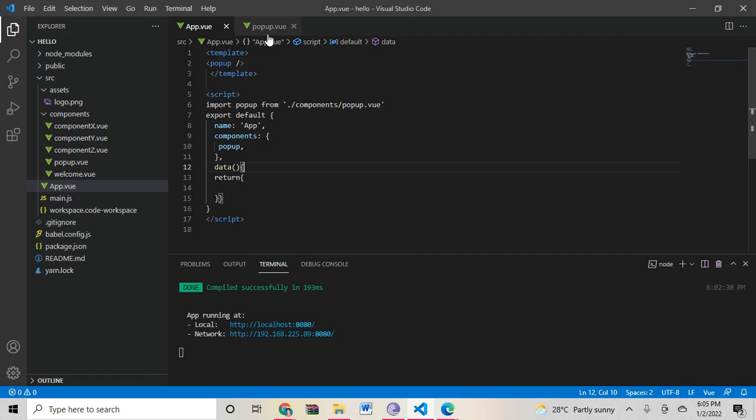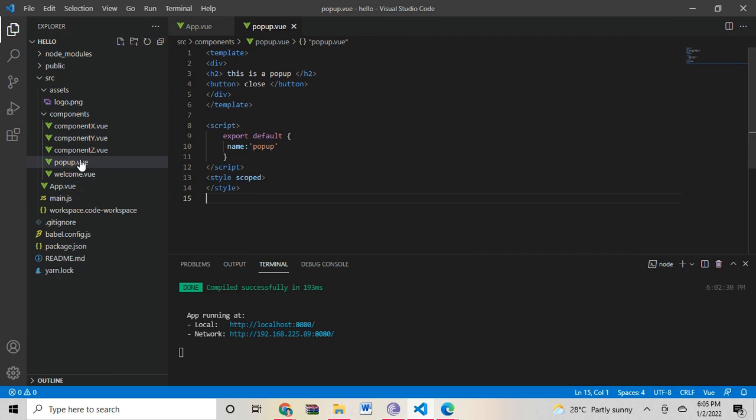Before that, this is the pop-up view. This is my child component. I created a pop-up component. In the template section, I have included one header h2 and a close button. This is my custom event close, and this is the name of the component.